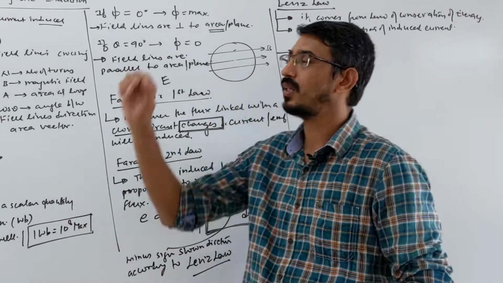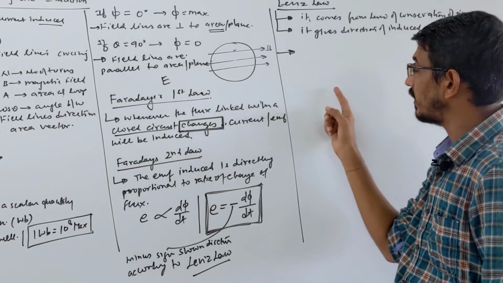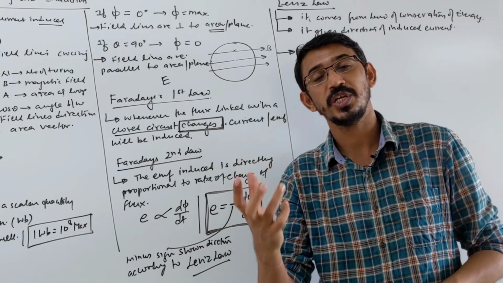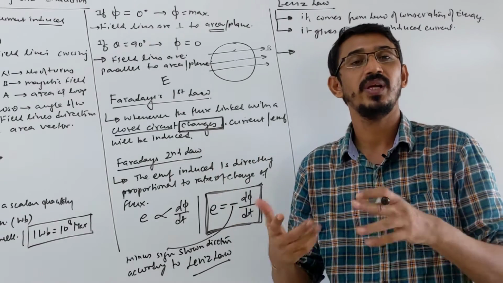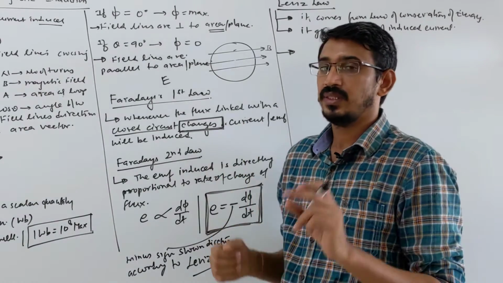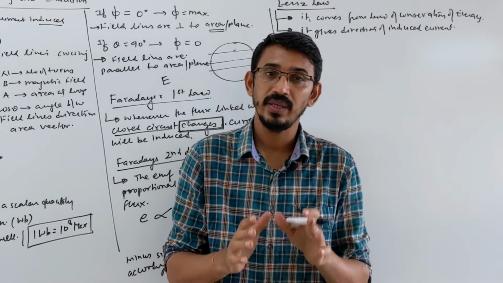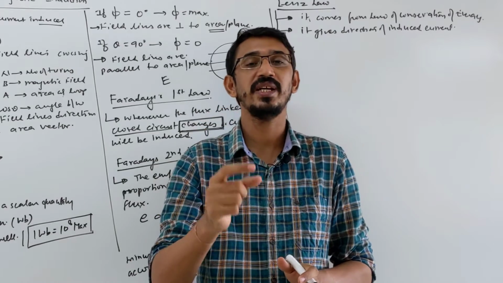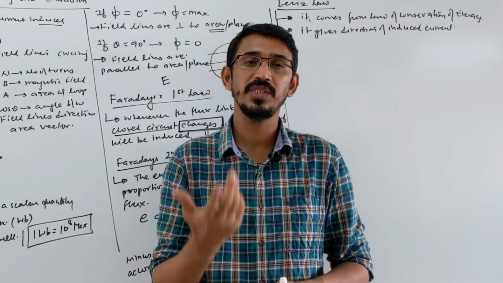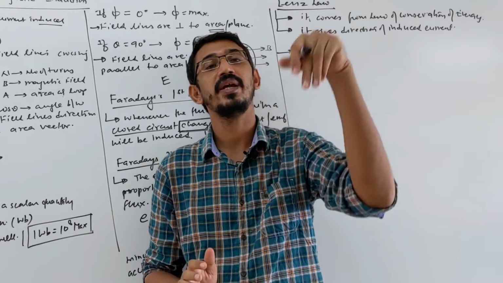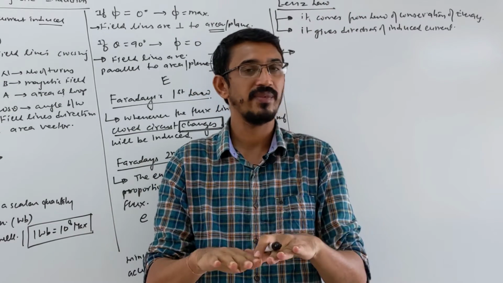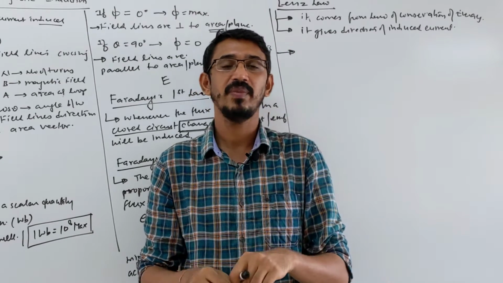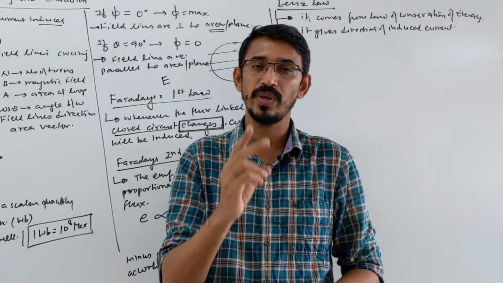Exactly the same thing is what Lenz's law is saying. Lenz's law is saying that the direction of induced current is such that it always opposes the change in the flux in the coil, correct? The direction of the induced EMF will be in such a direction that it will oppose any change happening in the coil. Suppose flux is increasing in a coil, then your induced current will try to reduce that flux and bring it toward the same flux. Or if flux is decreasing somewhere, then it will try to increase it by producing a flux in the same direction. So we have two possibilities.